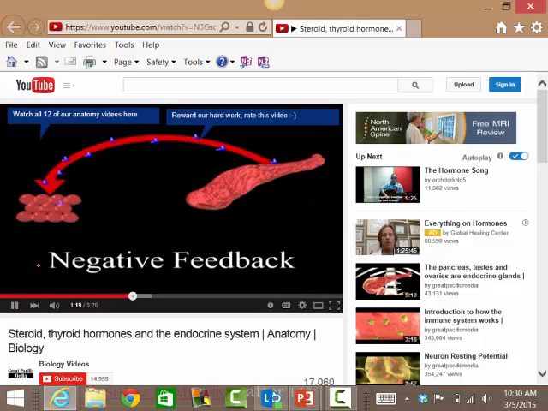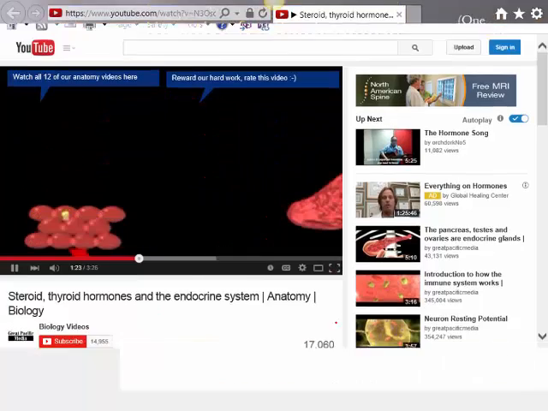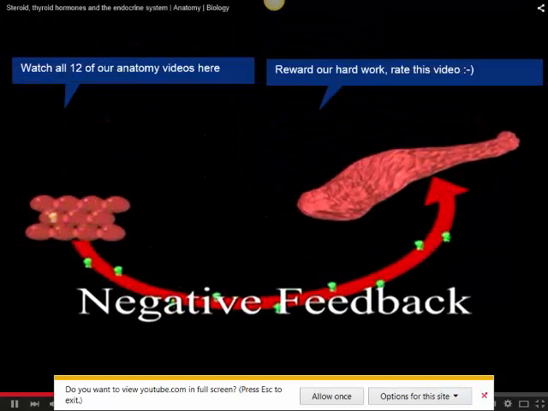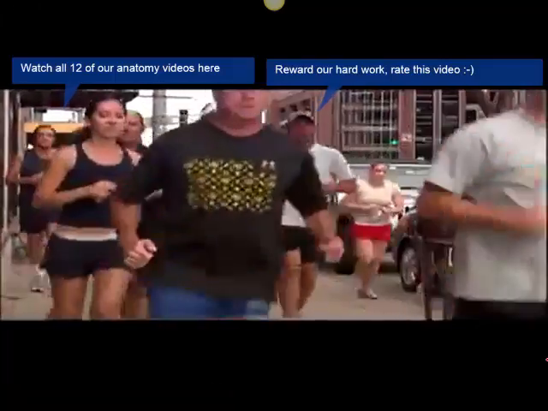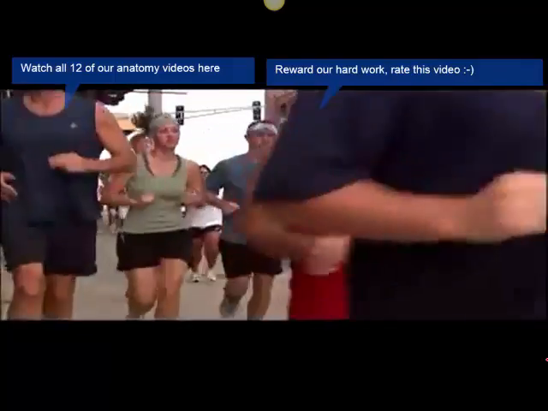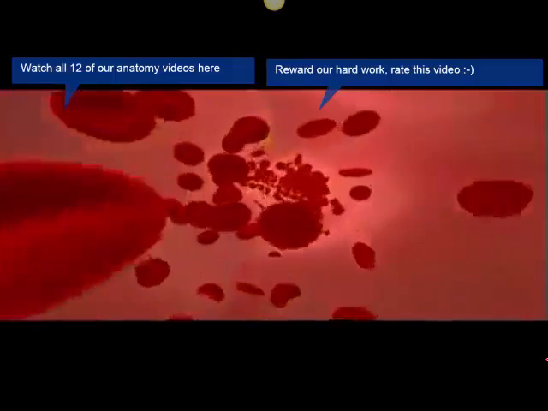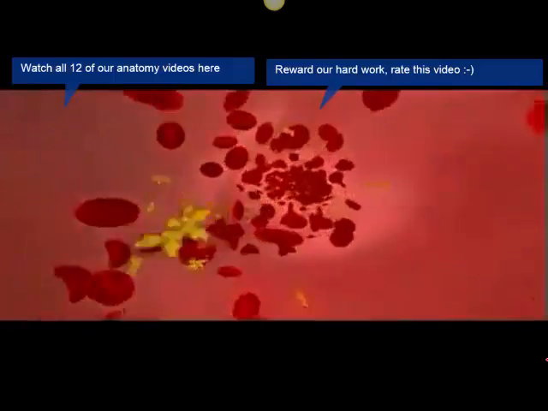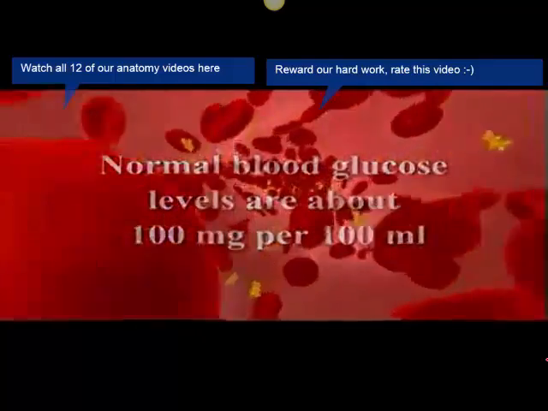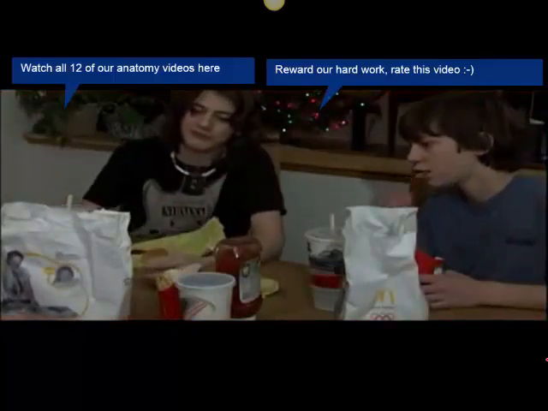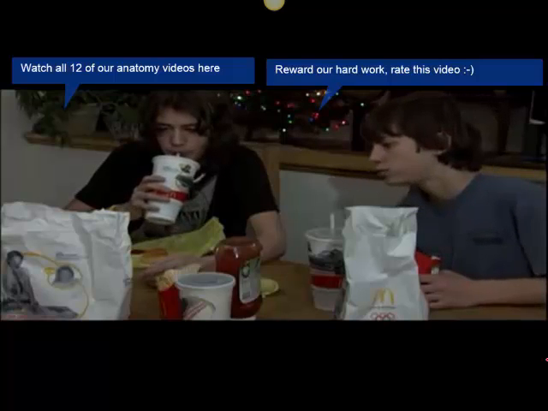...in which the secretion of a hormone causes effects in target cells that inhibit further secretion of that hormone. Negative feedback is an important way of maintaining homeostasis, that is, keeping conditions within the body relatively constant over time. For example, it is important to maintain the level of glucose in your blood at about 100 milligrams per 100 milliliters. After a normal fast food meal with a large Coke, your blood glucose levels undoubtedly shoot up well beyond